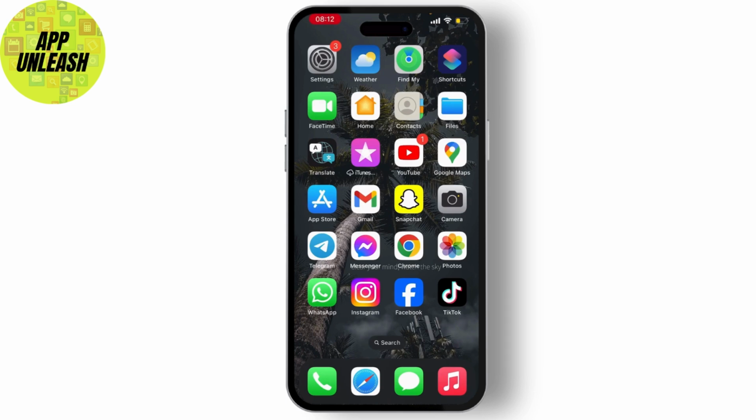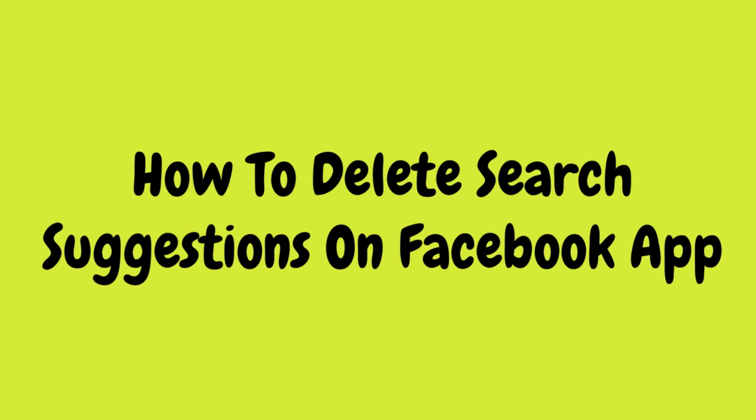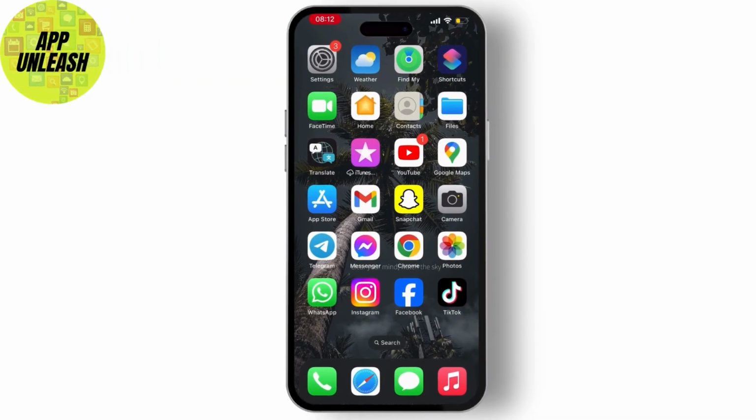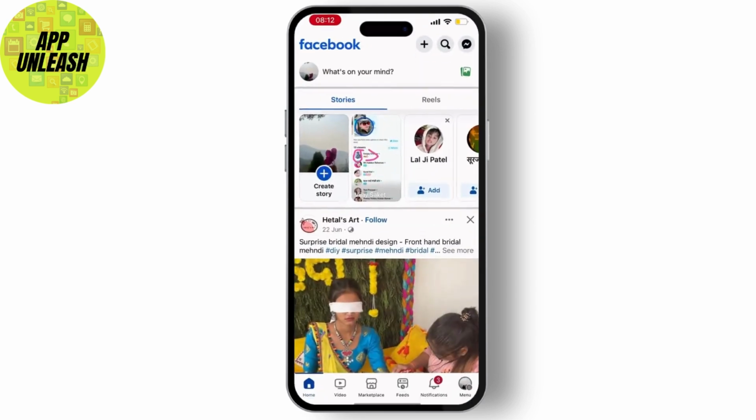In this video, I will guide you through how to delete search suggestions on the Facebook app. To do so, first of all, open your Facebook application and make sure that you have logged into your Facebook application. Once you log into it, simply hit on the menu button which is on the bottom right corner of